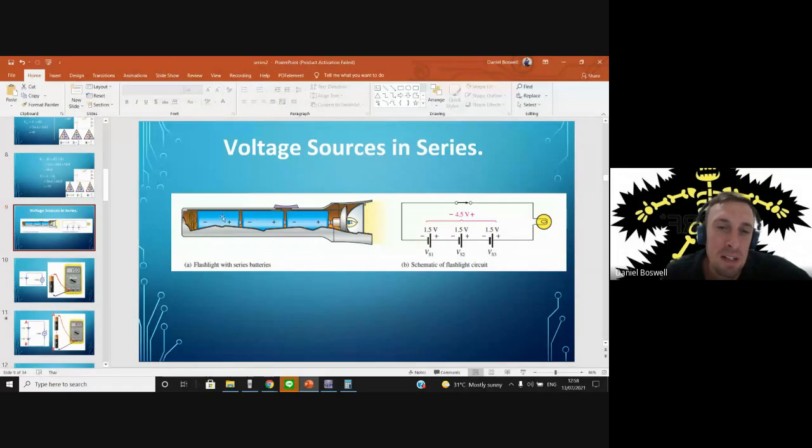How many volts is one battery feeding? So we have 3 batteries here. 1, 2, 3. Now we look on our schematic on the right. One battery